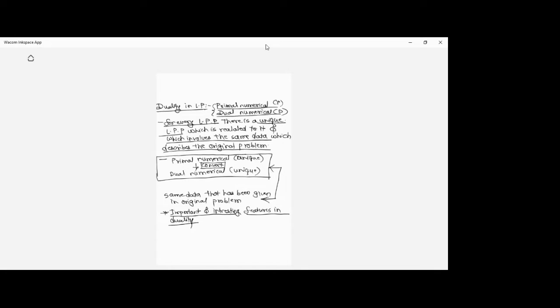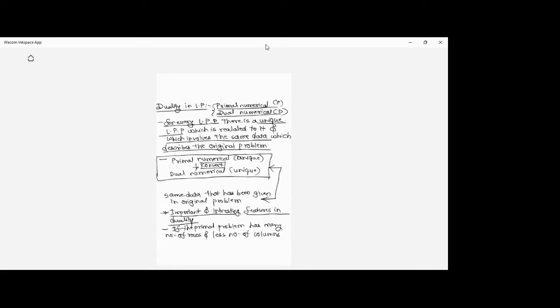When there are more constraints, the number of rows in your simplex table increases, and it becomes very, very complex. So if the primal problem or the original problem has many rows and fewer columns,